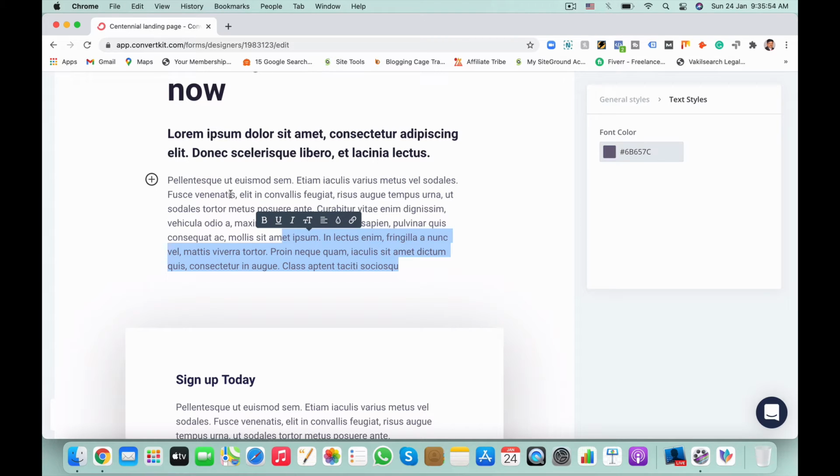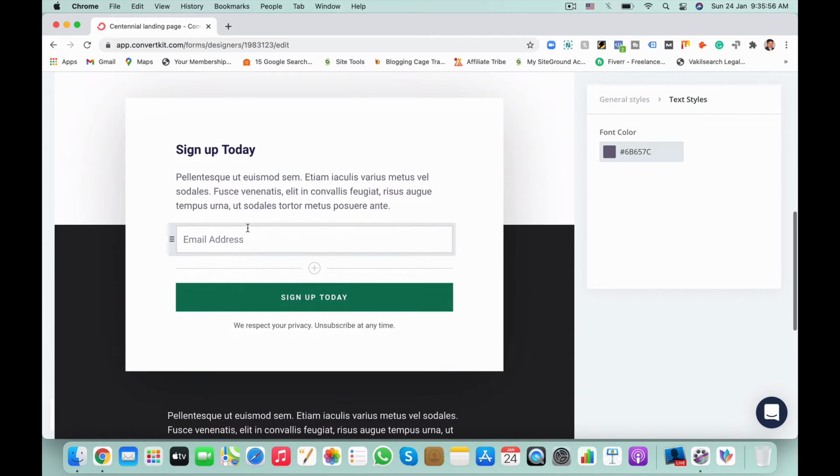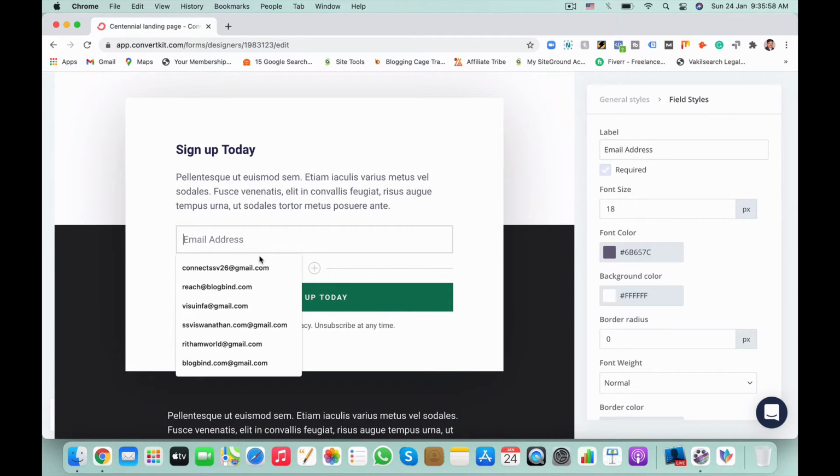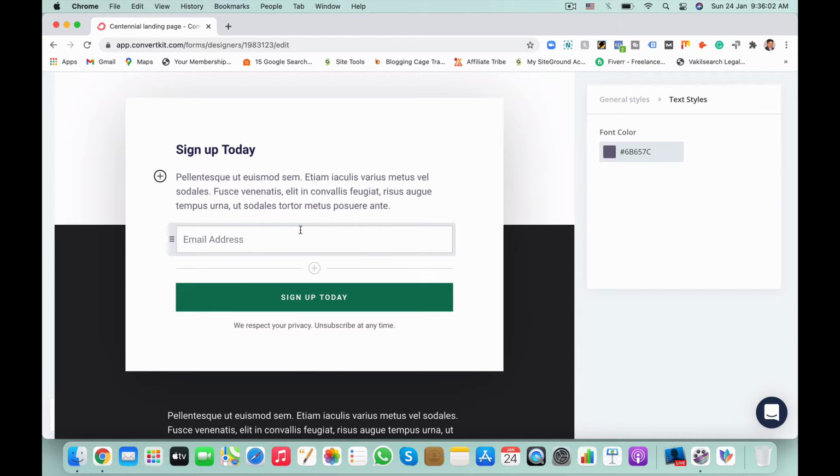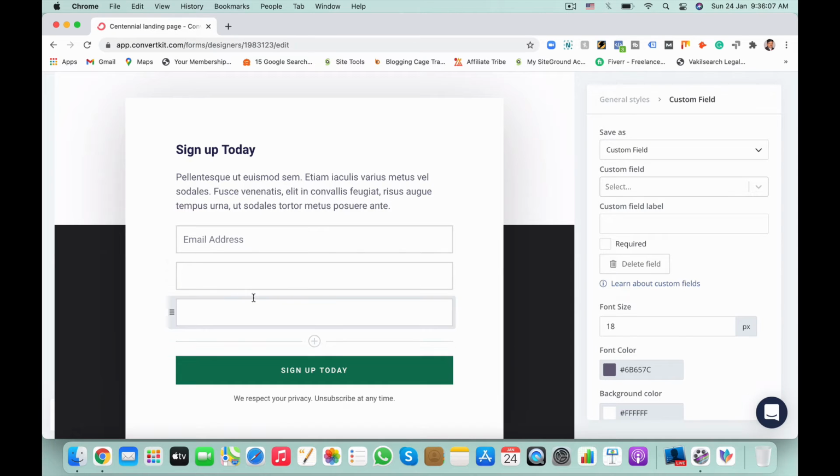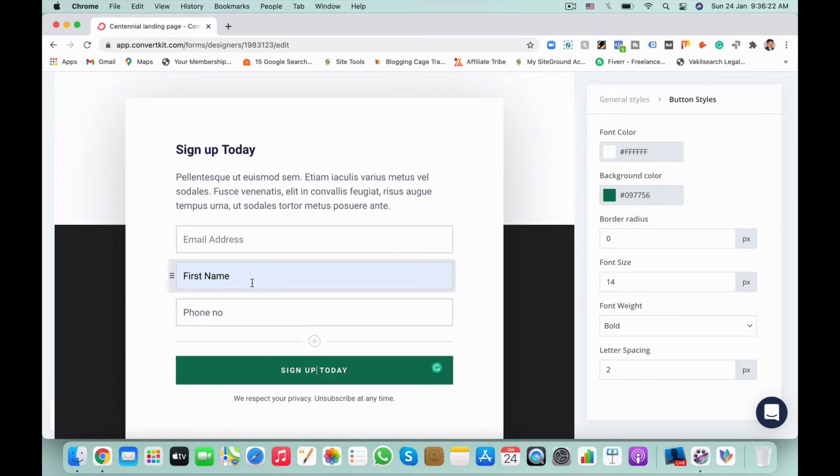Then here is the sign up form with the email id. You can add multiple fields here: email address, first name, phone number, and a sign up today button.